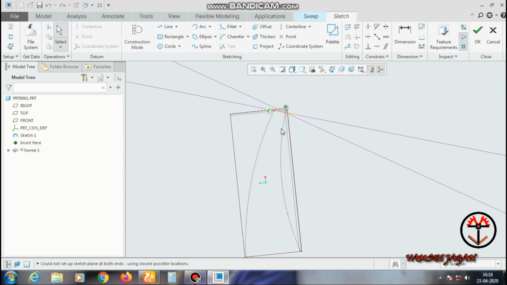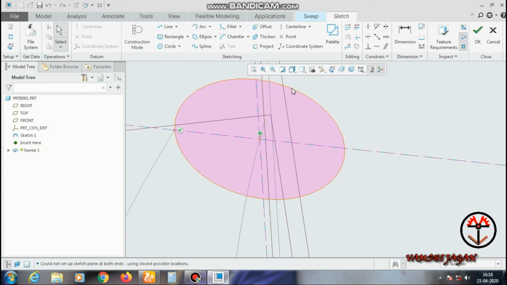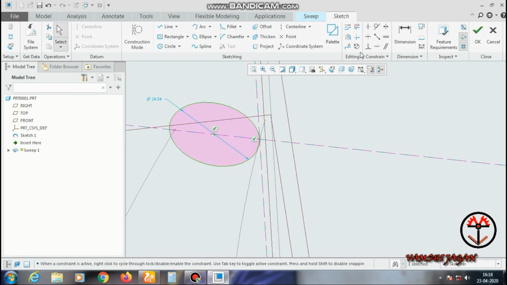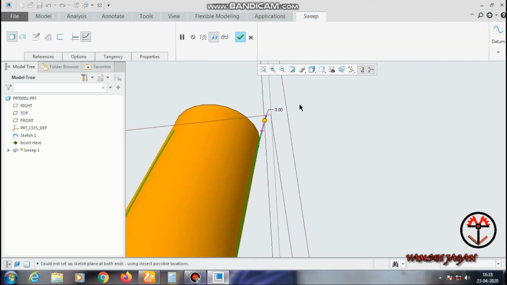After that, sketch 1. I will draw two tangent circles. I am taking center and two tangents. I will select coincident and select point and arc circle.